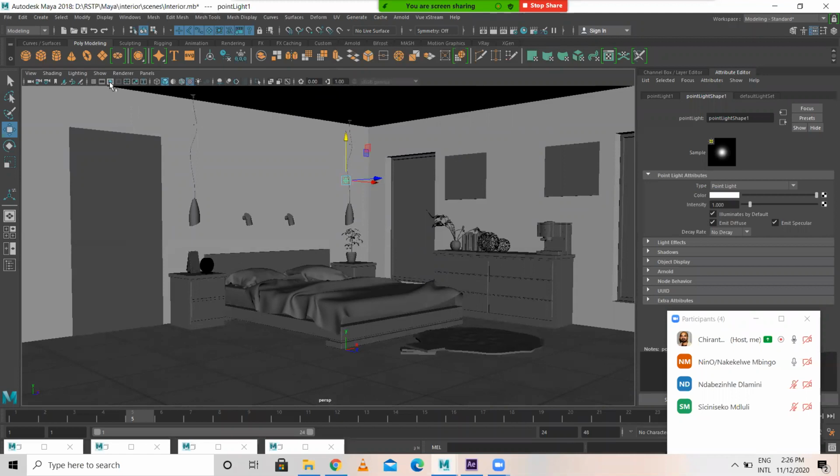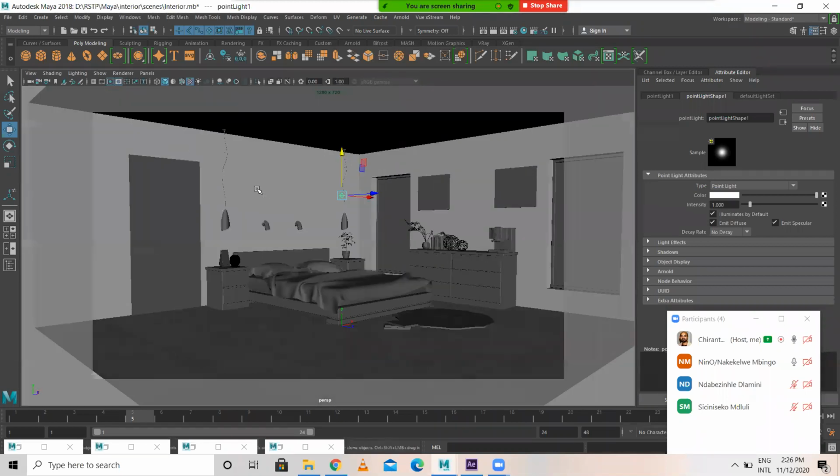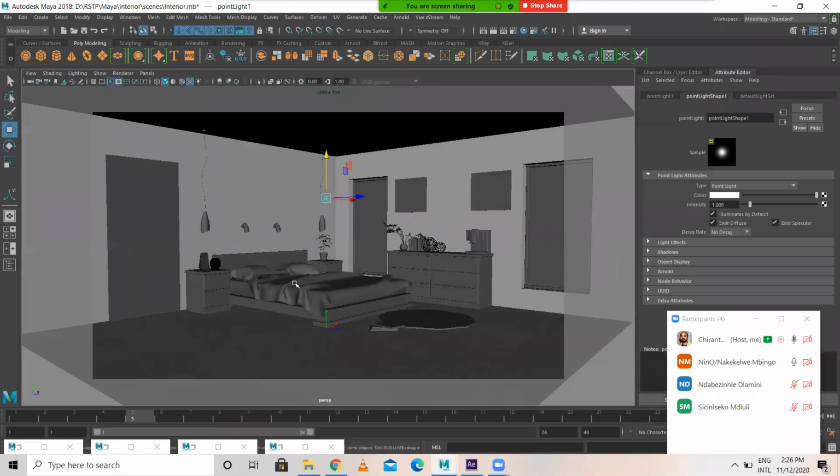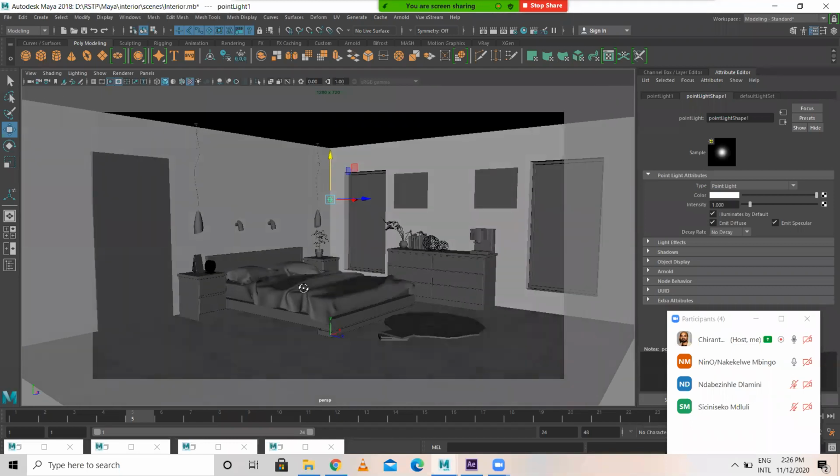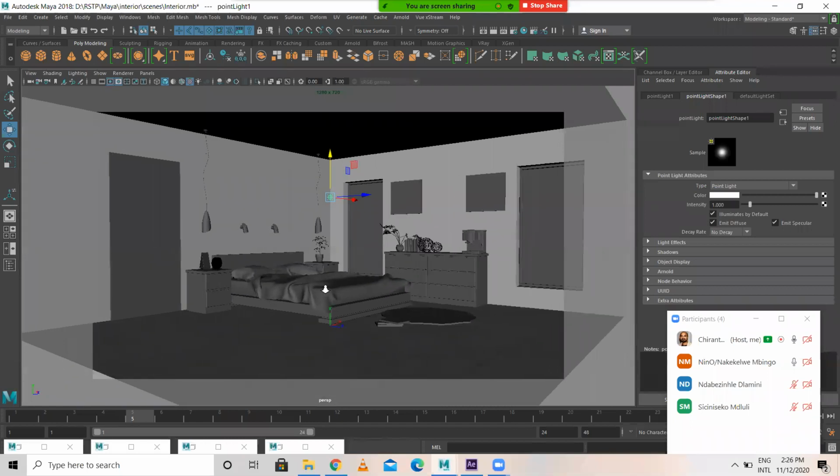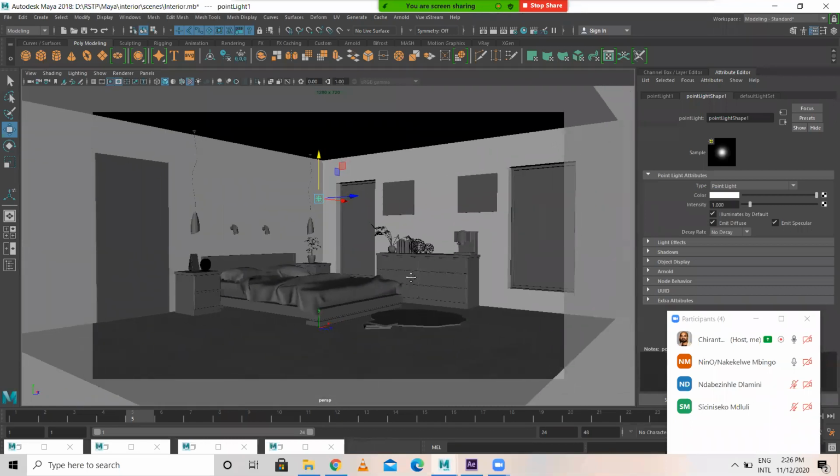This is called resolution gate. Can you see this small dot here? Okay, one box and small dot, this is called resolution gate. If you click on this, you get this box. So inside this box, whatever element is seen, only those are going to render. Got it? Only those are going to render, nothing else. Any doubt is there?